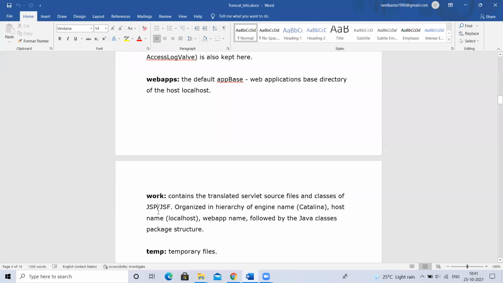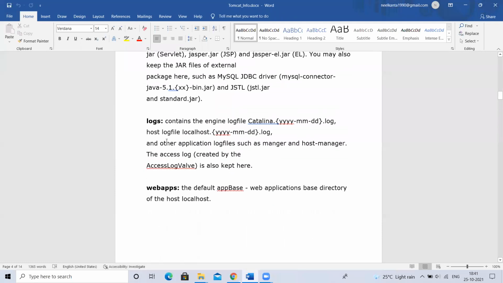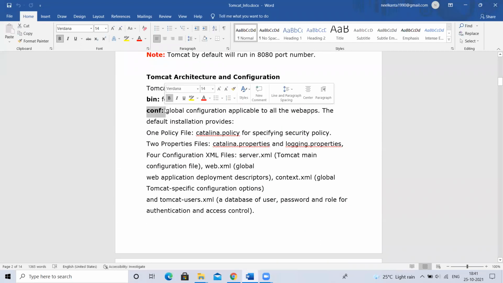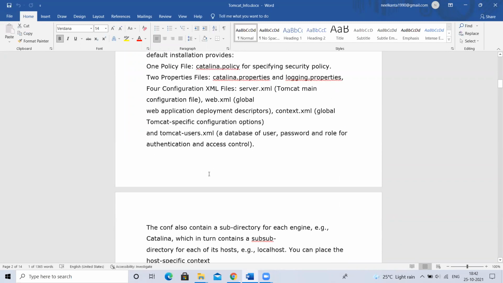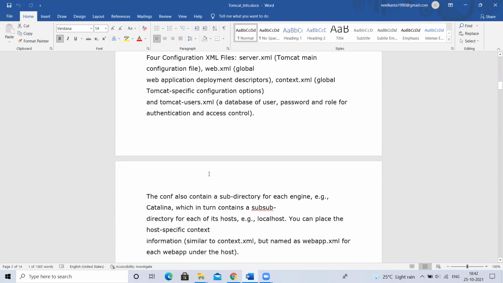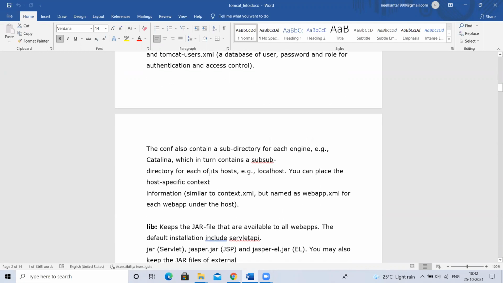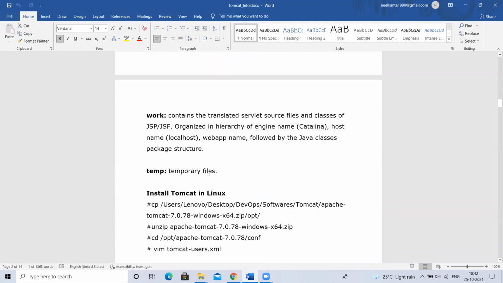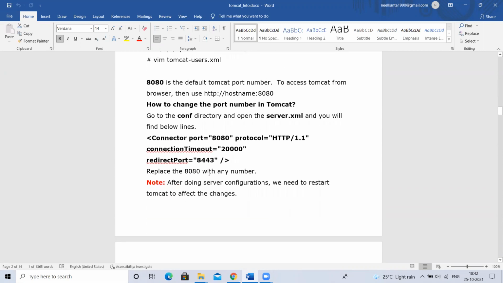You have to go to the conf folder and the server.xml file. Okay, that's good. Under the Tomcat home directory, we need to go to the conf directory. Under that, there is one server.xml file. Open that, and then, what is the element name where we need to change the port number? Connector. There will be one element called Connector. So there we need to go and change that.